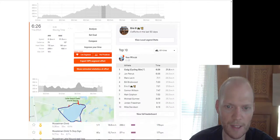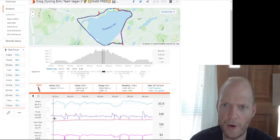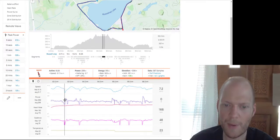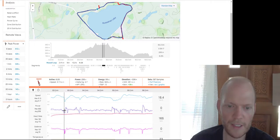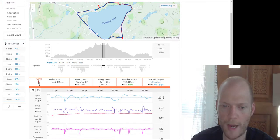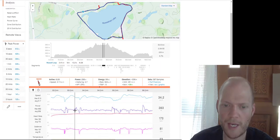Let me bring this up so I can analyze it properly. Yeah, so this is better. You can see I got a pretty good average speed here, but this big dip only went down to 6k. This was when I was obviously doing that, and you see even the power goes basically to 0 watts. So then yeah, I quickly got back on the power, some 400 watts there, and then another dip? I think there were some people in the road, and then anyway back up to speed, and then another